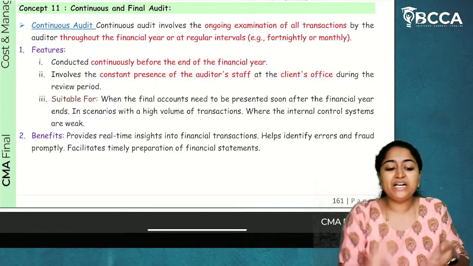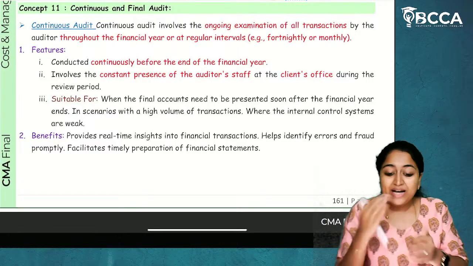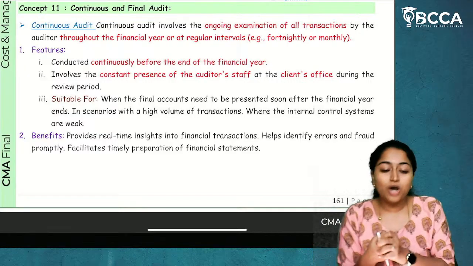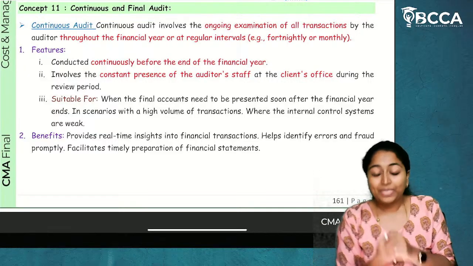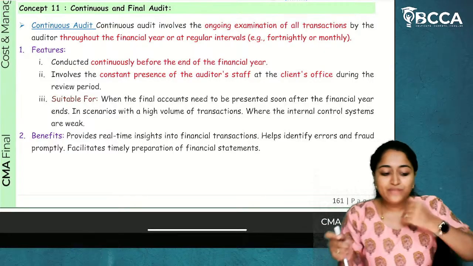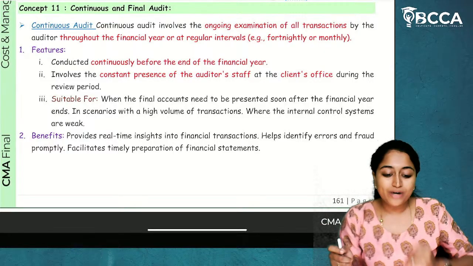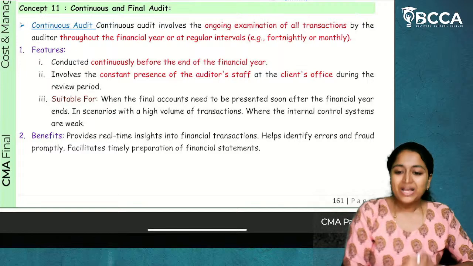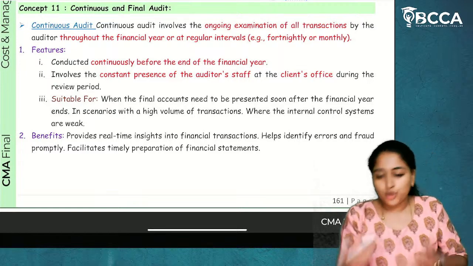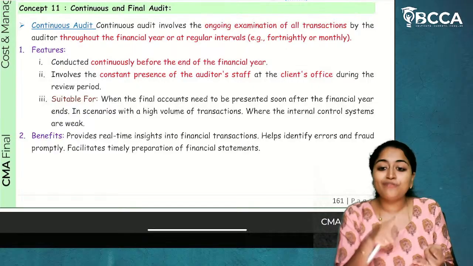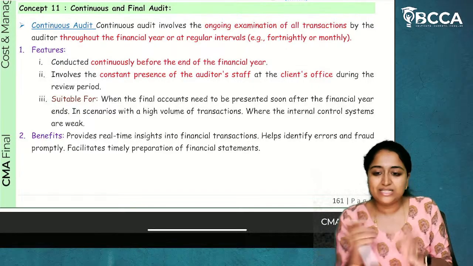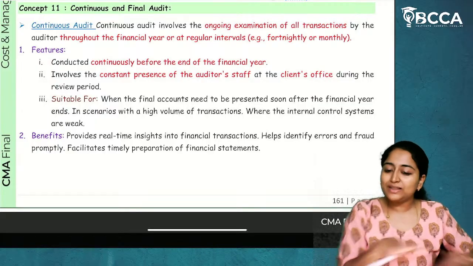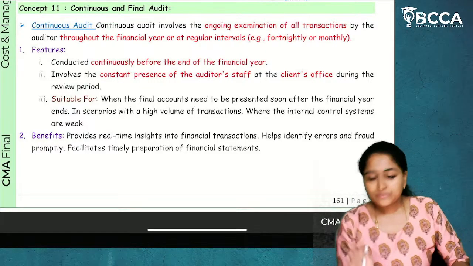Now, why is the audit being conducted throughout the year? If right after the financial year completes they need an audit report, or if they have to take decisions, then for that purpose they do the audit throughout the year. So whenever transactions are happening, the audit will be done. And how will this be done, on a daily basis? No, it will be done on a monthly or fortnightly basis. Now what is fortnight? 15 days once. So for this, the entire audit team will be staying in the office all the time for doing the audit. I hope it is clear.